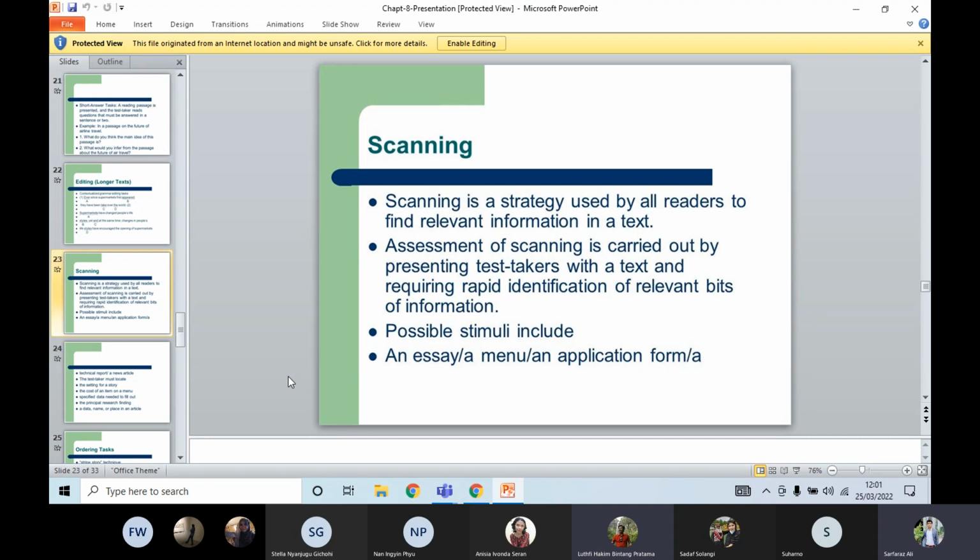Another section of the presentation is scanning. You have been listening about scanning, but in reading, when we come to reading comprehension or reading strategies, we are also given different types of tasks, when the test examines our different abilities, whether we have scanned correctly or not. So scanning is simply a strategy used by all efficient readers to find the relevant information in